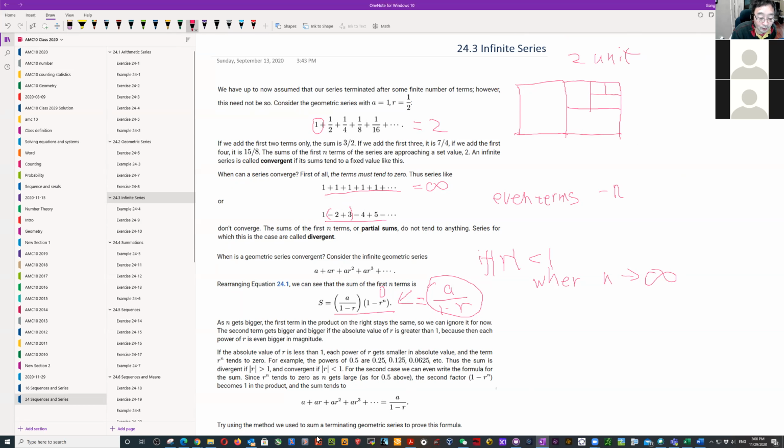So if you add it up this way, if you pick even terms, or if you pick odd terms, then the finite sum: if odd terms, the first term is just 1. If you take 3 terms, it's going to be 2. If you take 5 terms, it's going to be 3. So in fact, the finite odd-term sum is going to be like